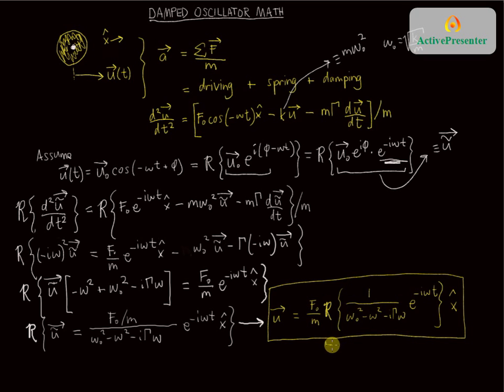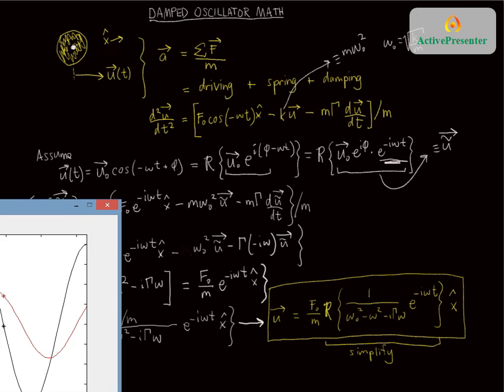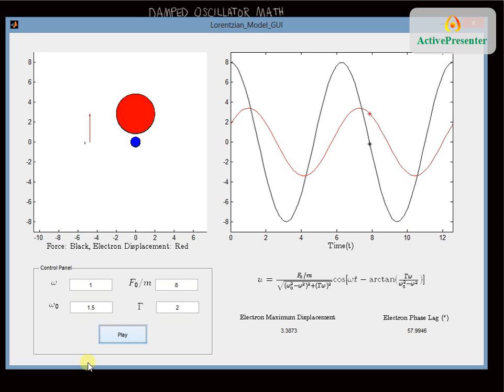You still need to take this part here and simplify it, or write it in terms of real functions. But this tells us that the oscillation will be in the x hat direction, and this will be the way it depends. And we'll notice that depending upon whether the driving frequency, omega, is higher or lower than the natural frequency of the oscillator, we'll get different sorts of behavior. I also have a small demo that I'll just end this with from Matlab,